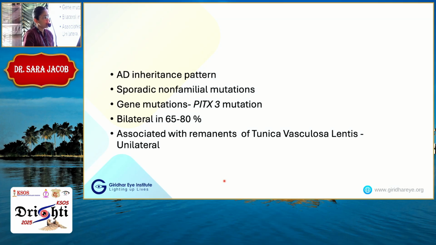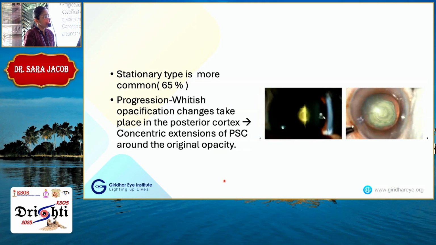When it is associated with genetic mutations, it is usually bilateral. When it is associated with remnants of tunica vasculosa lentis, it is unilateral. Stationary type is more common. Progression occurs as whitish opacification changes in the posterior cortex, and with time they form concentric rings like a PSC